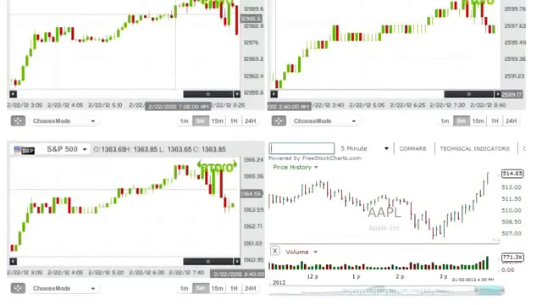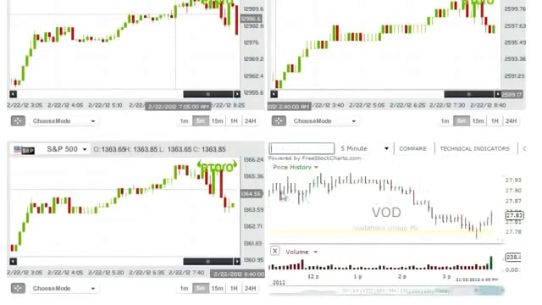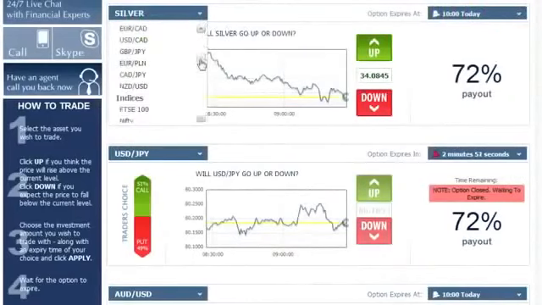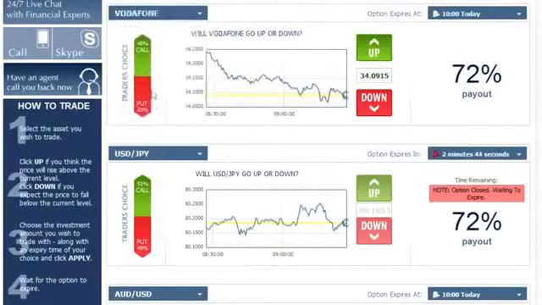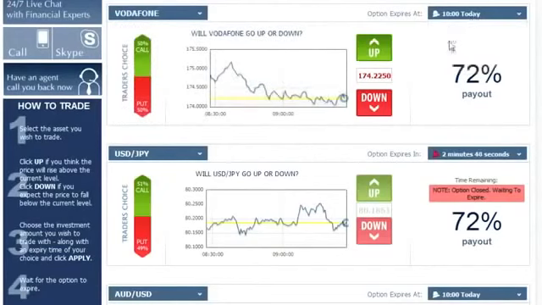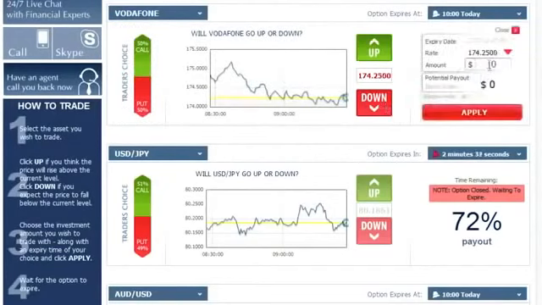In the meanwhile, let's enter the Vodafone stock. As you can see, it suggests the stock already. We click the suggestion. As soon as you click it, we can see the stock's beautiful downward trend line. It's starting from here and goes all the way down to here. Using the stocks is the same as using the currencies and commodities. So we go back to the platform. We choose Vodafone stock from the stock section. We choose the expiration hour. Since it's going down, we're going to click down, enter $100, apply, approve.